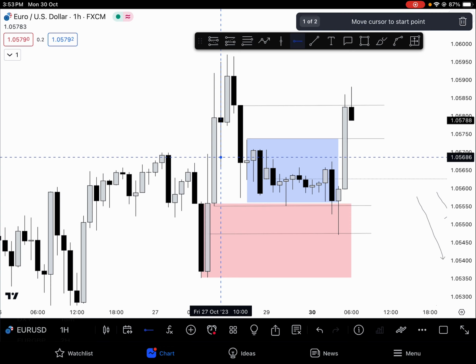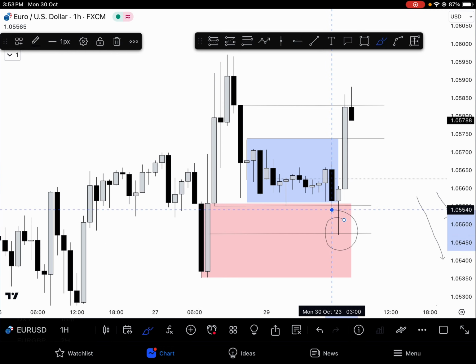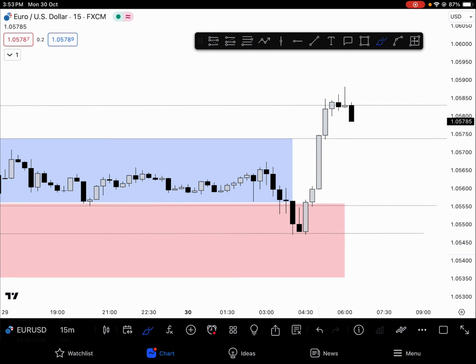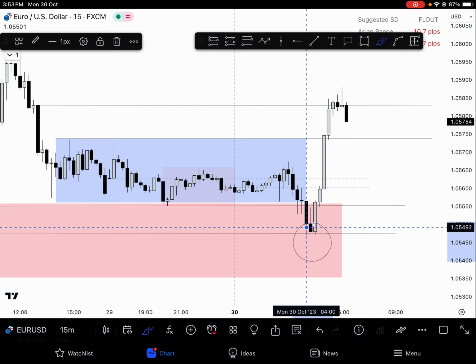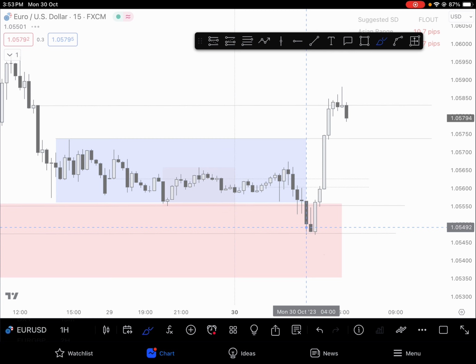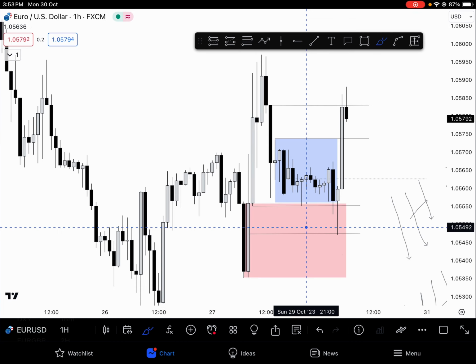And again you see price tapped the order block, and look, the invalidation would have been if price closed below the 50% of this order block. That would have invalidated my trade idea, or if it had closed below this fair value gap. But it did not do that, so the trade idea was still valid. Sometimes price will not move according to you, but it will move in the direction you have anticipated if your idea is right.